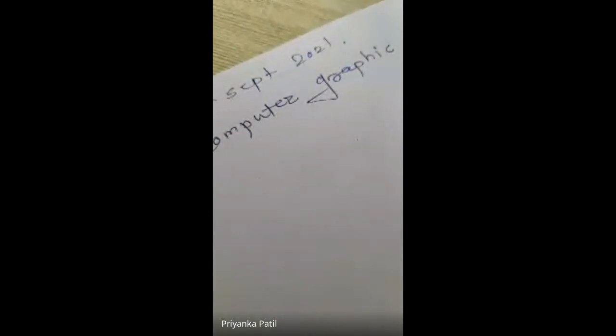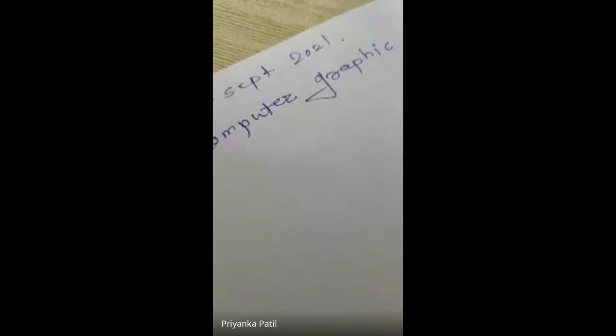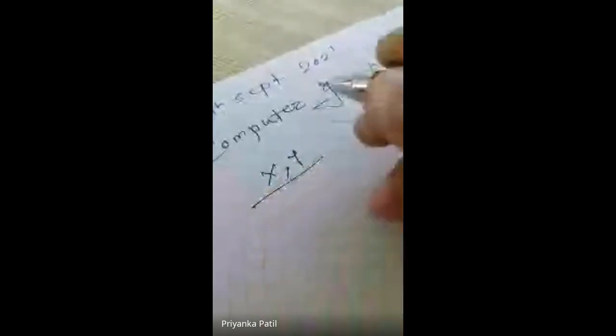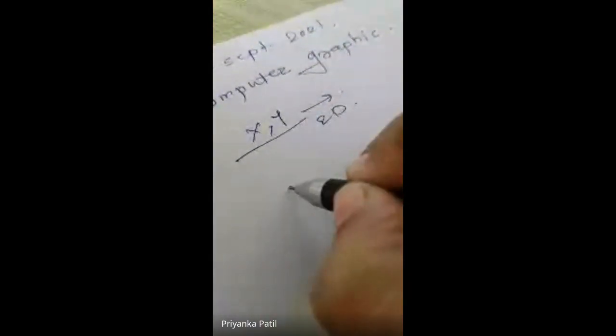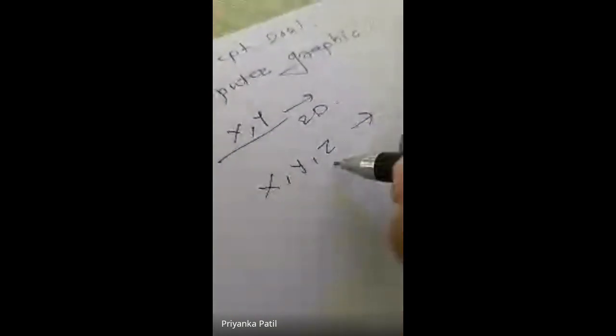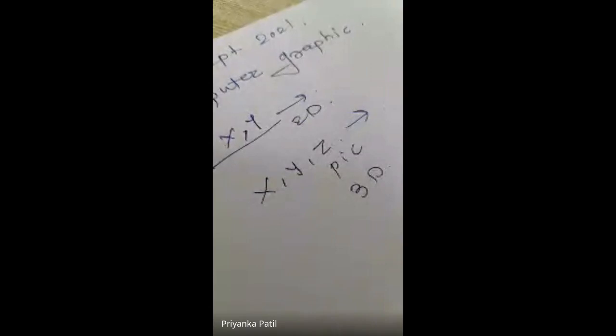For example, we can represent graphics in the form of a two-dimensional or three-dimensional object. Whenever we see an image which has two axes, for example x axis and y axis, we represent the object in 2D form, meaning two-dimensional. If we consider three axes, x, y and z, to represent a picture or graphics, it is called a three-dimensional object. A three-dimensional object is required to represent content for movies.